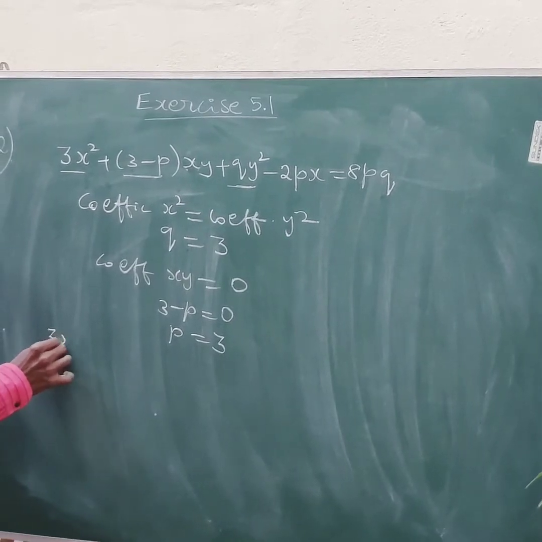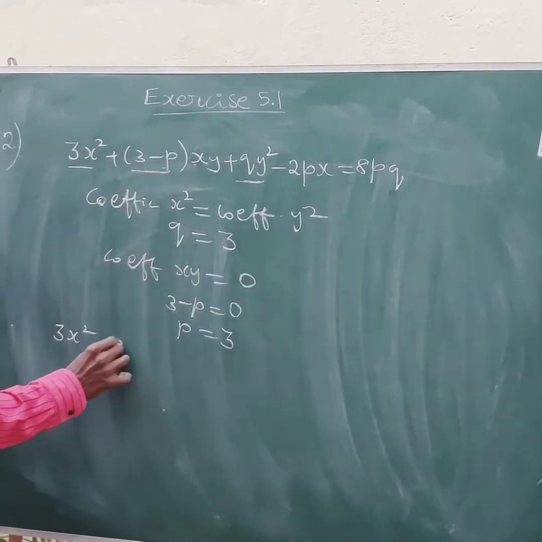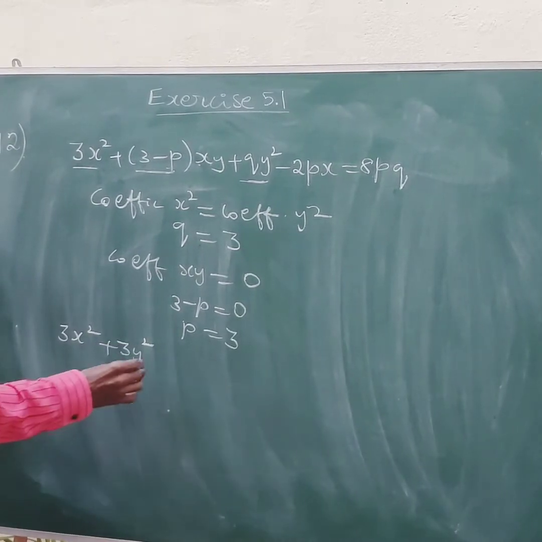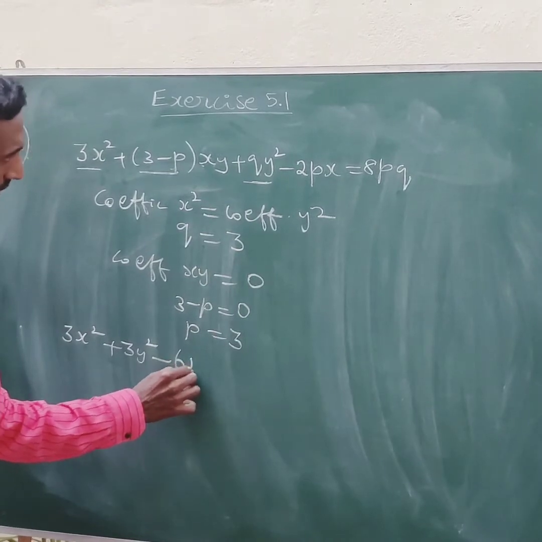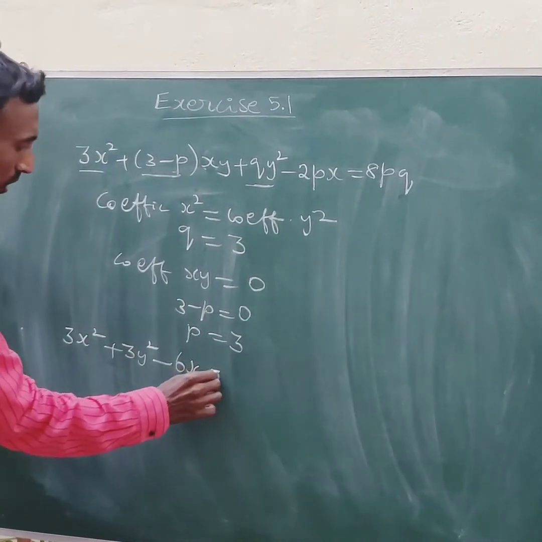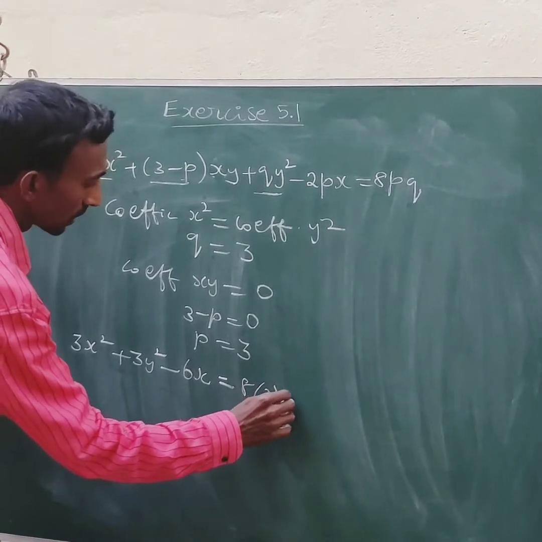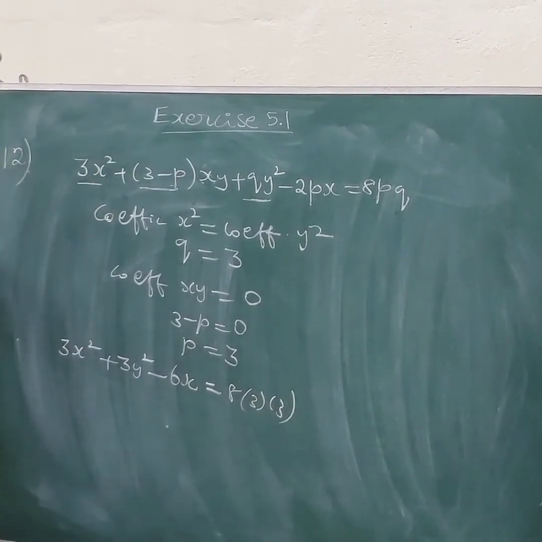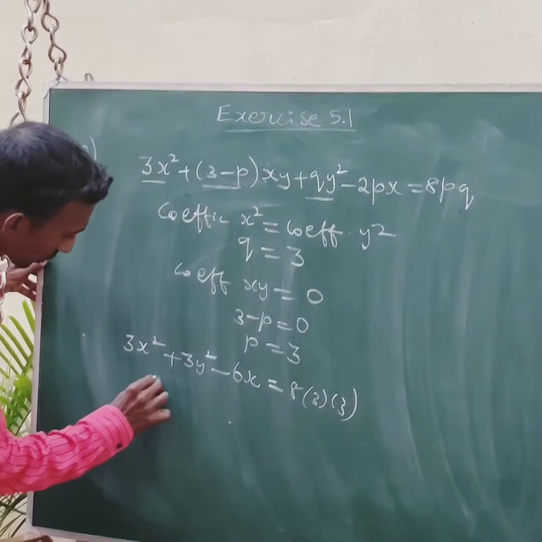We are getting 3x square, and the xy term becomes 0, plus 3y square minus 2 into 3, 6x, equal to 8 into 3 into 3. Okay, so divide both sides by 3,